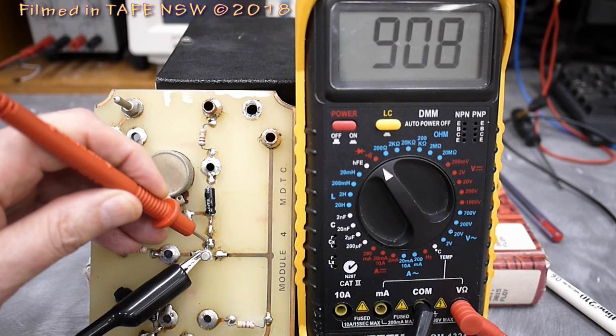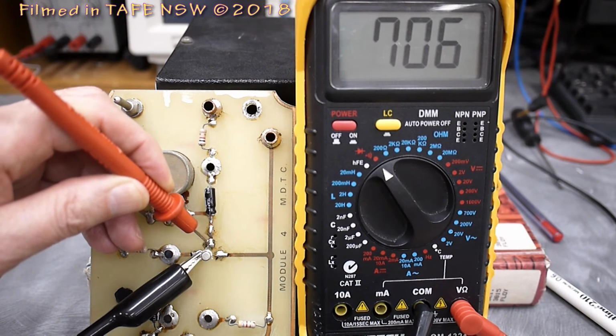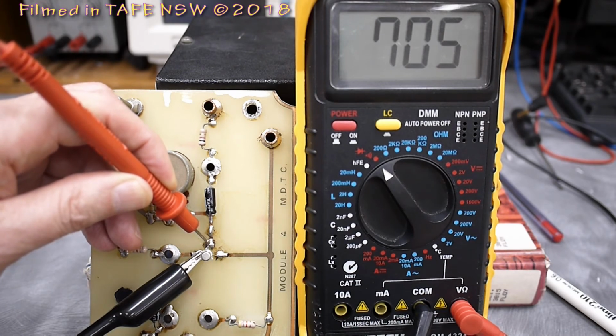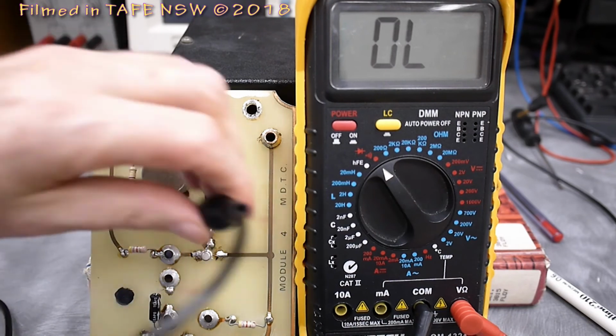So there's that junction with positive. It's an NPN transistor. Positive is on the base and negative is on the collector there. And I'm measuring 705 millivolts across that junction, which for small signal transistors, 0.6, 0.7 volts is exactly what we'd expect to get. Now if I go ahead and move this across to the emitter,